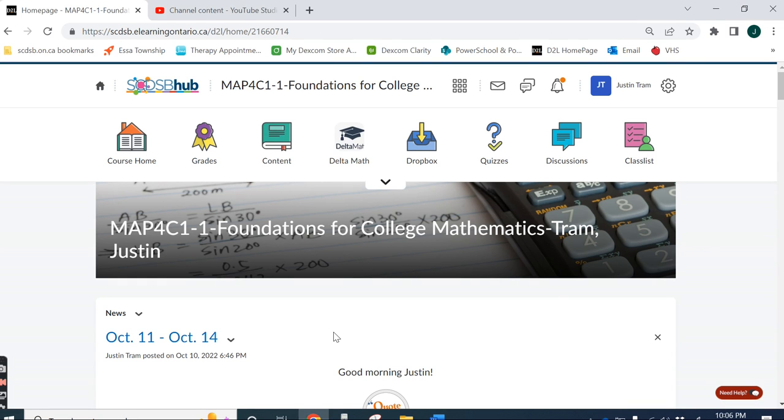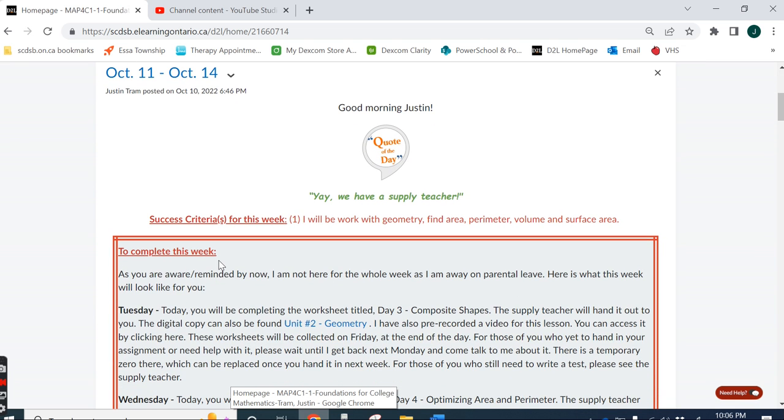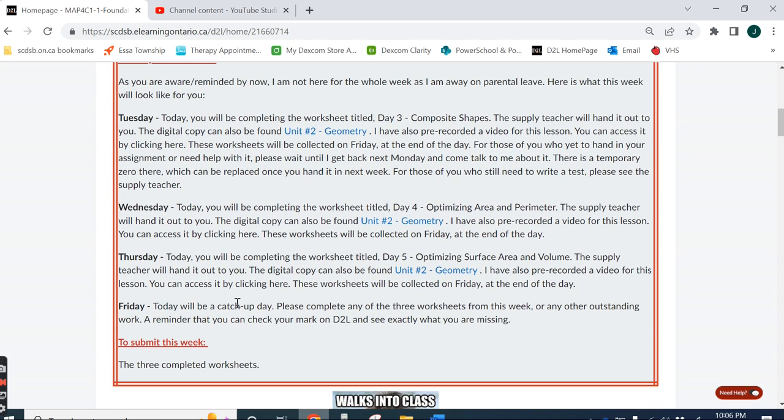Good afternoon, everybody. So, as you are probably aware or have been reminded by now, I am not here for the whole week as I am away on parental leave. So, here's what this week will look like for you. Tuesday, Wednesday, Thursday, Friday. So, Tuesday, today,